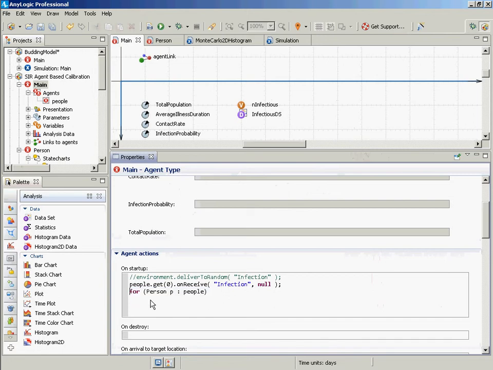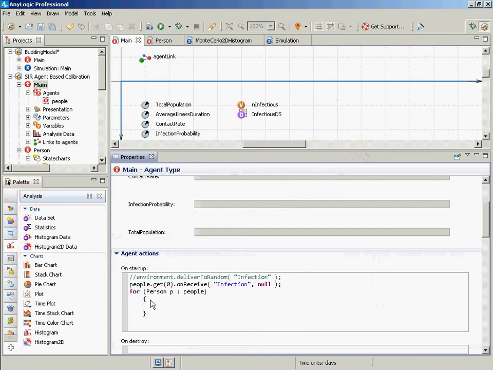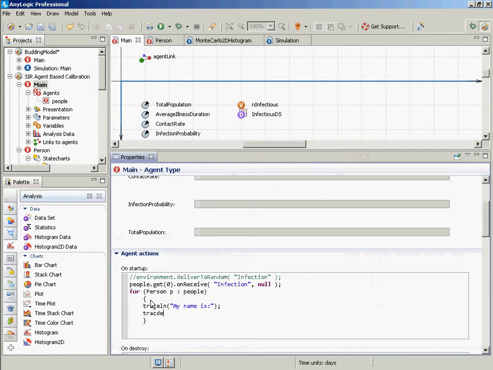Now, if I want to put more than one thing in here, I do so with this. Then I could put several statements there. I could say trace ln, my name is, and put that on one line, and then I could say trace ln P. Right? Notice I have to put it in these braces. Putting it in these makes this whole thing one statement. Whatever's in between these is one statement. Okay? If I just put it just like this,